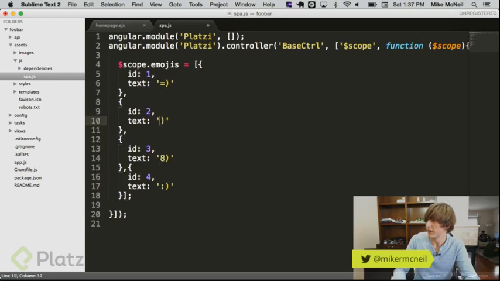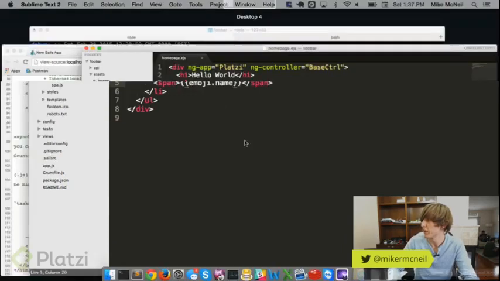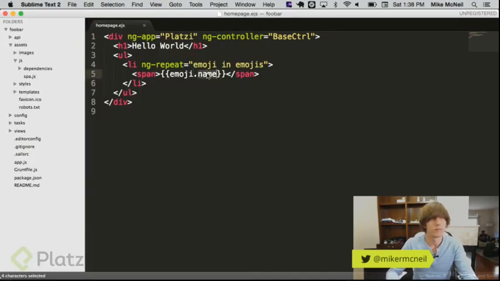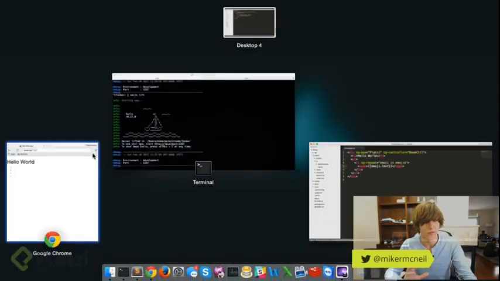Yeah, let's give this one a big scary nose. Okay, good. Now let's look at the page rendered, and you can see that nothing works, and that's because if I go back here, I'm still calling it name, I'm not calling it text. So if I name that text, now I see emojis. So that's important because that's something on the front end we have to deal with